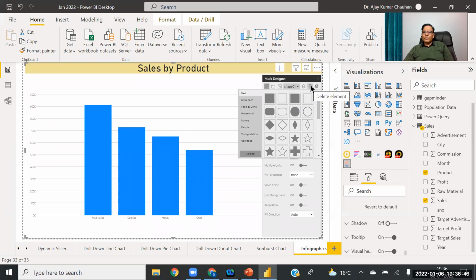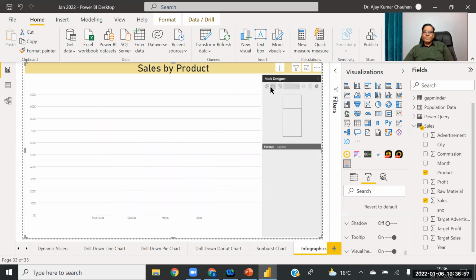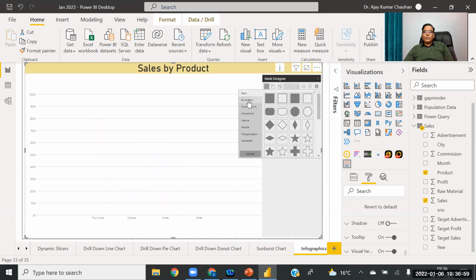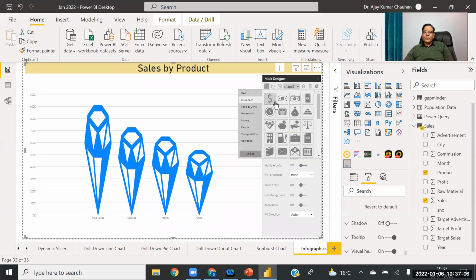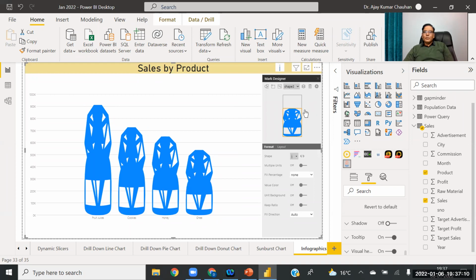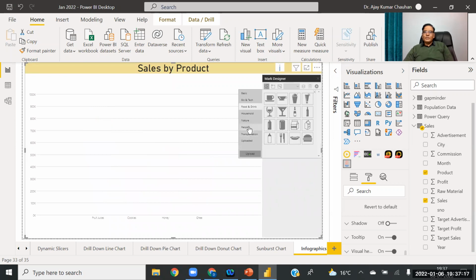This option is for delete. The previous image is deleted, and now the new shape is coming. Suppose I delete it and want to add some more. We have different options, like diamond, or food and drink, you can add these, but you have to delete the first one. So delete any image and you can insert any image.